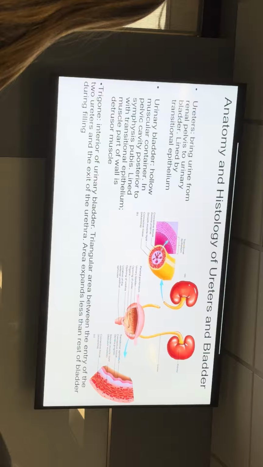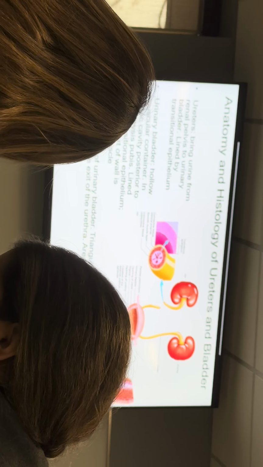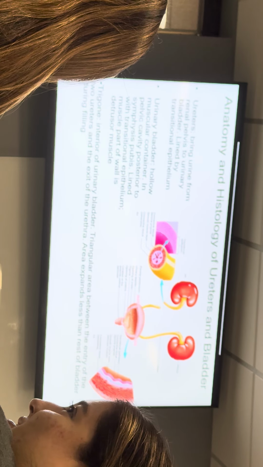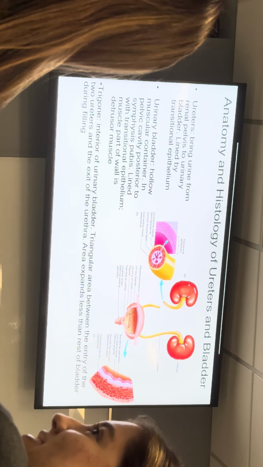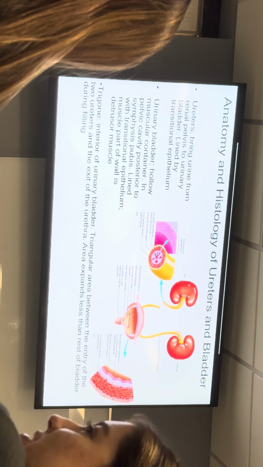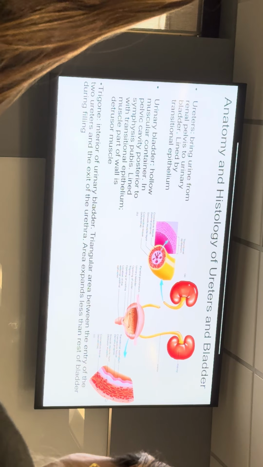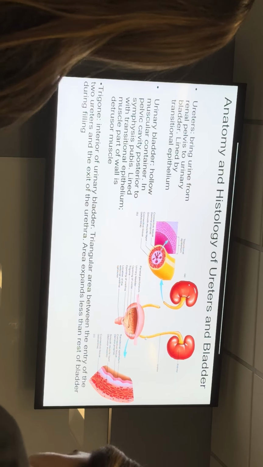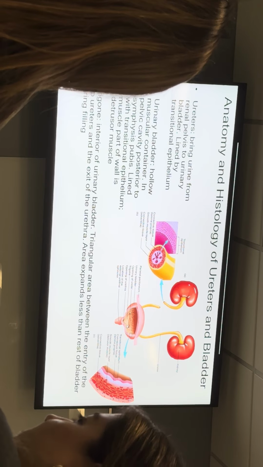Okay, so your ureters are a very, very simple organ. You have a transitional epithelium on the bottom. Remember, transitional epithelium can stretch, going from cuboidal to more squamous. Underneath that, you have lamina propria, and then smooth muscles that cause a peristaltic contraction. Then you have your outer connective tissue. And then your ureters enter your bladder at the back bottom side.